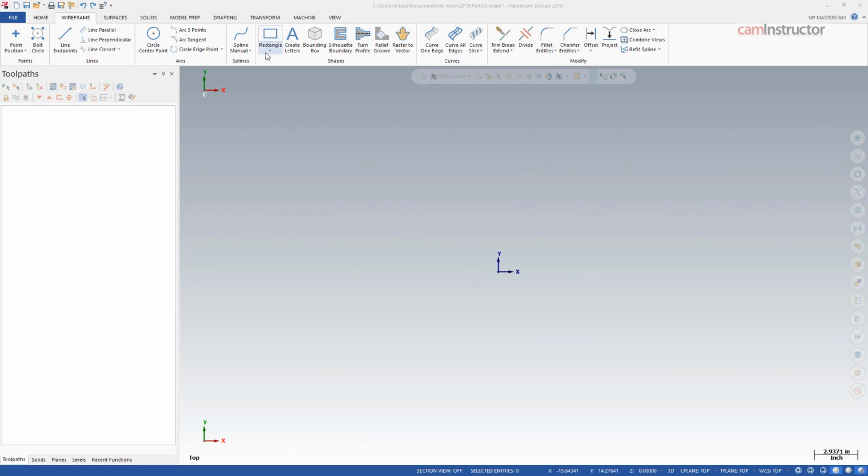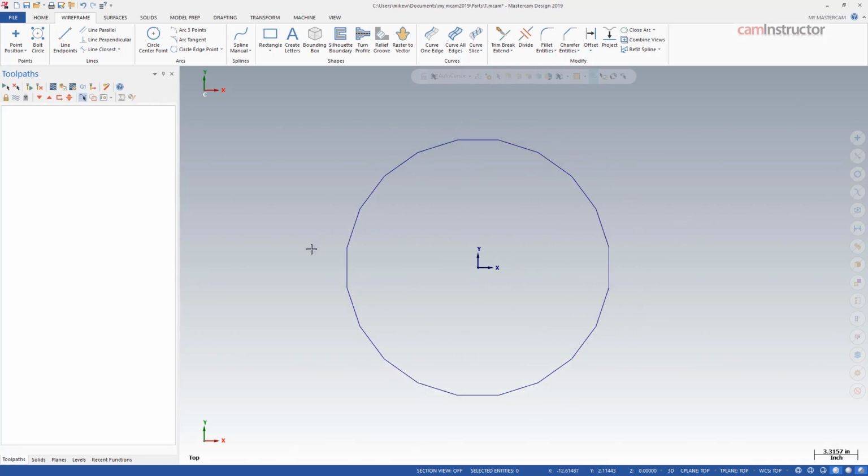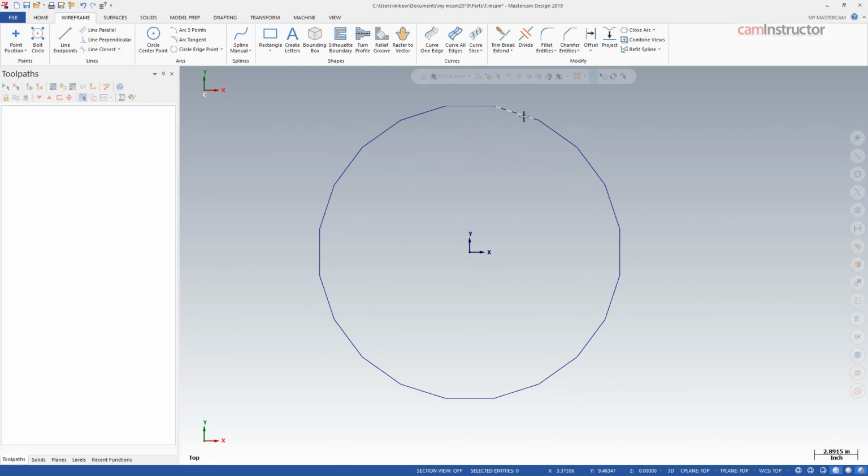So to get started here, I'm just going to make up a quick little shape that's got lots of sides. I'm going to use the polygon function here, make an entity with 20 sides, and let's go with a radius of 10. Okay, so with this shape, I've got an object that's got lots of sides that are all